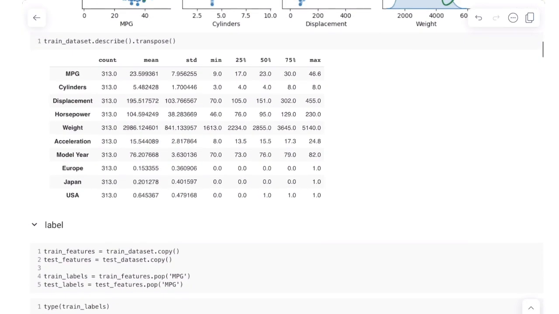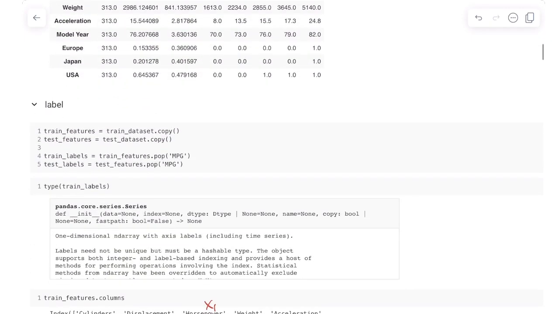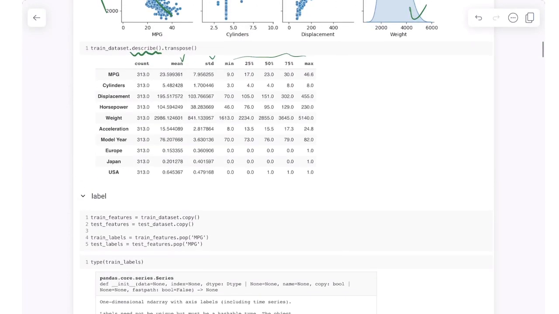Again, you can use the describe function to obtain the statistical information of each feature and target. We have mean values, standard deviation, and some other useful information. And of course MPG is Y, and all the following is X, so